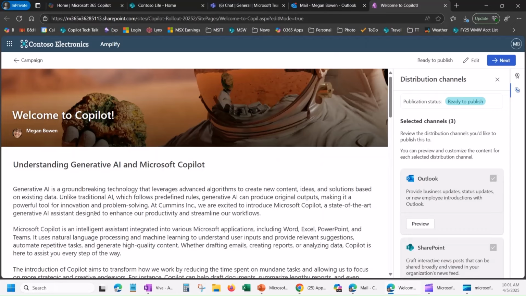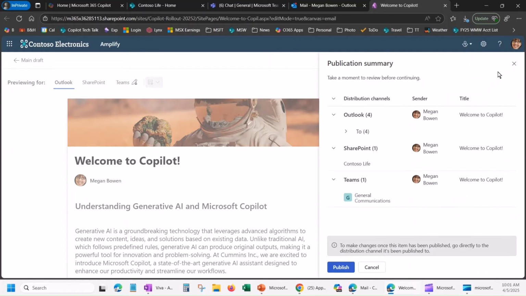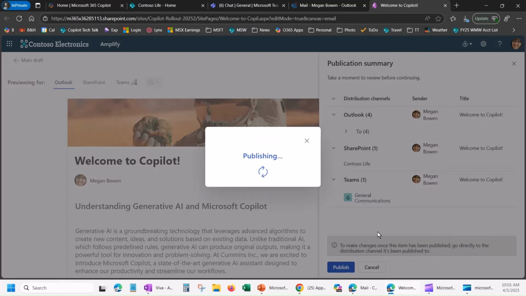Okay, it looks like the approval finished. I can see now the status is in ready to publish. So at this point, we're actually going to publish this out to the different locations. And if you remember, I set this up as manual publish. So I need to actually click the publish button. It's going to give me a summary of where this is going to go. And at this point, I will click publish, and it will